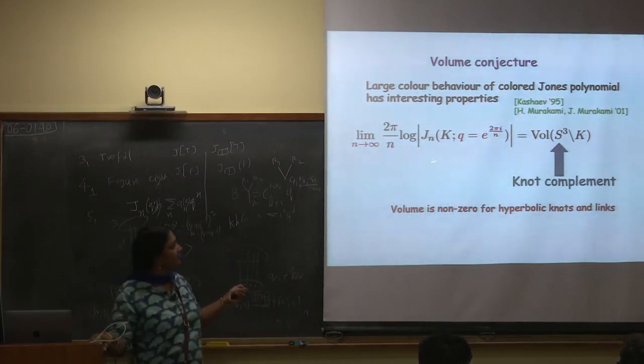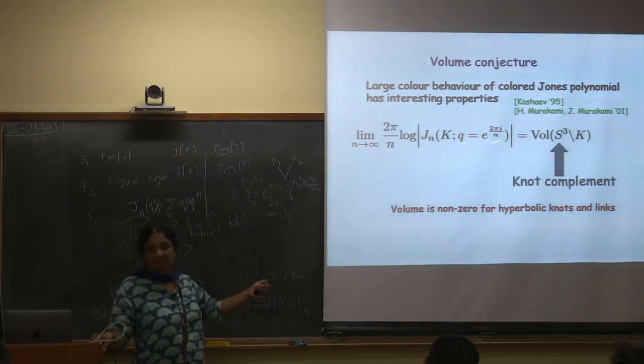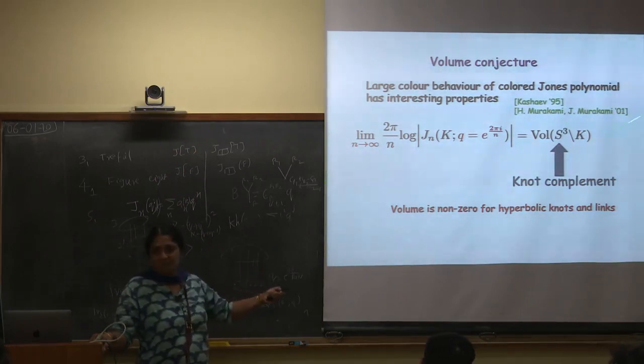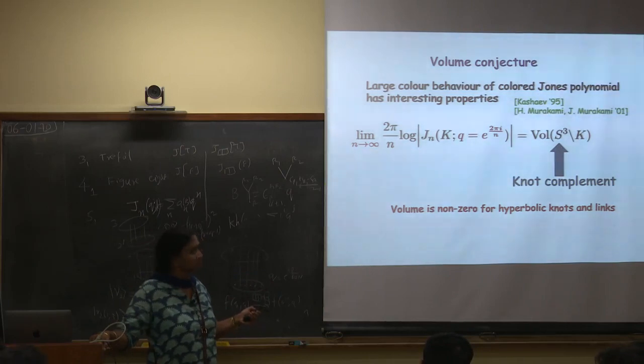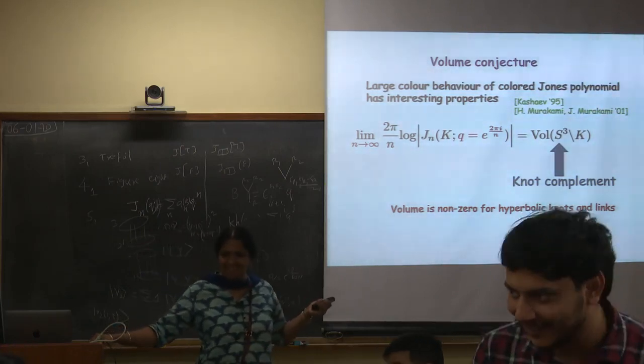So, it is a polynomial in variable Q, but you replace the Q also as the color and then take the color tending to infinity and find a functional. So is there a way to understand this from Chern-Simons? No, from Chern-Simons there is a different picture, I will show you that.